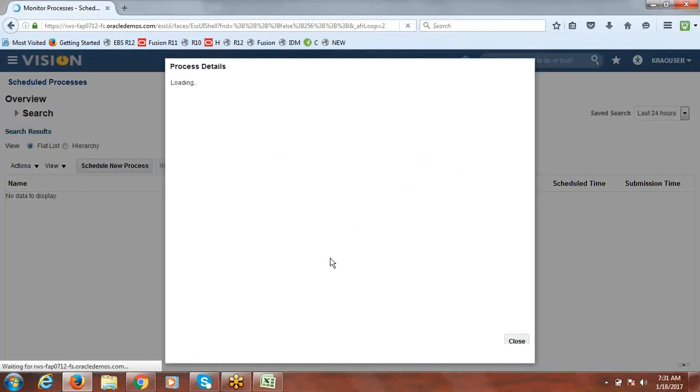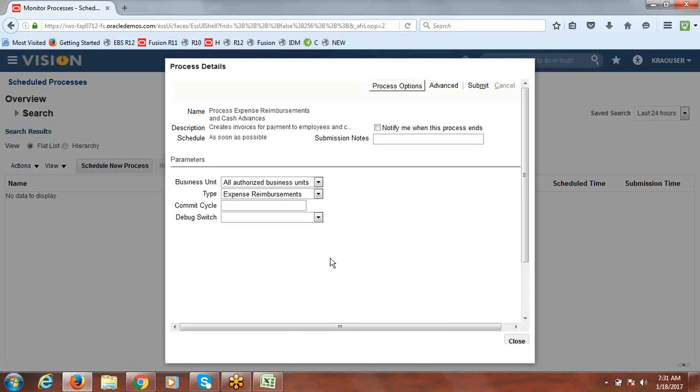And provide parameters. So you may give specific BU, or else you can accept all eligible BUs. The business unit, you can select your own BU. This is a BU in this setup, KRAV Automotives, and expense reimbursements only. We are not processing cash advances. Or else you can accept all authorized BUs in business units. Anything you can take. Now you can submit.